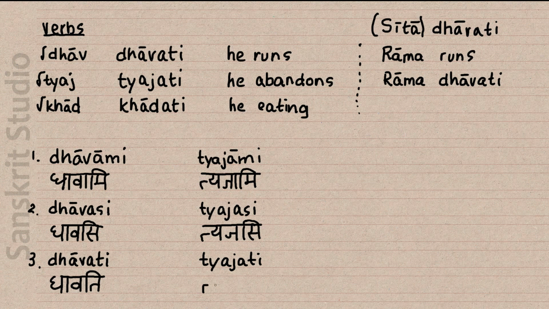Okay, we have ja, ti. All right, tyajati, he abandons. This is he eating. What is that? He eating. This is he eats, naturally. We don't want participles combined with this form. All right, now let's go to khādati, and we start with